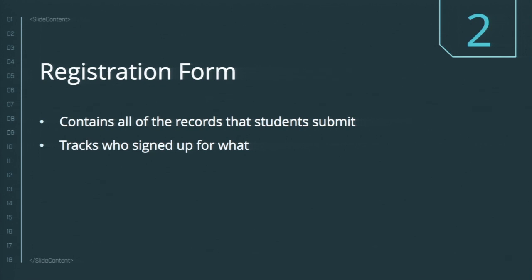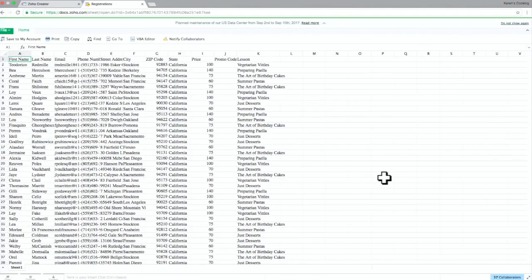This is the registration form which will be published on websites, or maybe Karen could publish it in her blogs or social media campaigns so that more people know about her classes. So we'll create this form a little differently from the previous form. This is the information about the students who have already registered. We have first name, last name, their phone numbers, where they are from, and also the lessons for which they have registered, right?